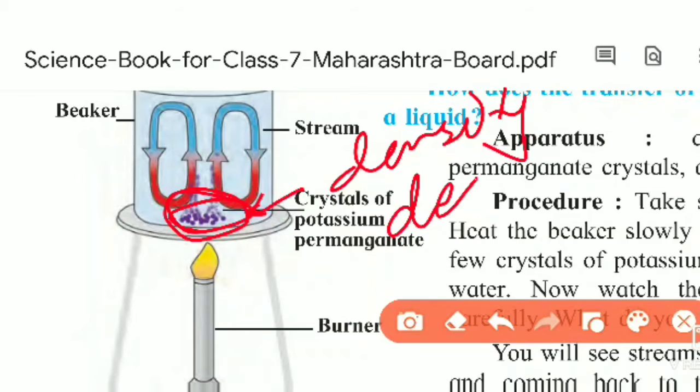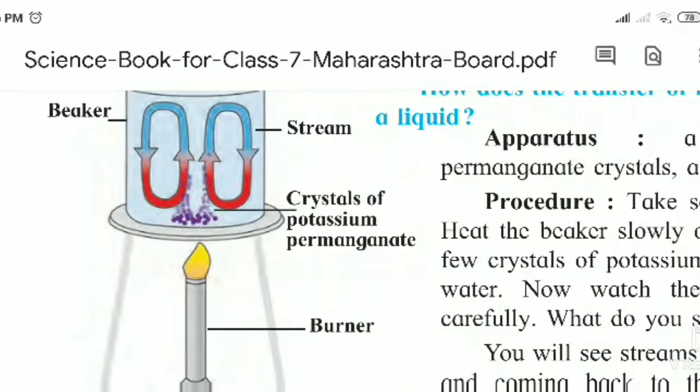When its density decreases, what happens? As you know that the density is less, then water whose density is less floats on the surface of the other liquid. So due to this less density, this hot water moves upside. Okay, and it moves upside, then cold water, what happens? It comes down. This thing happens here.